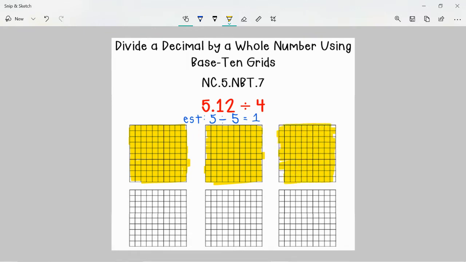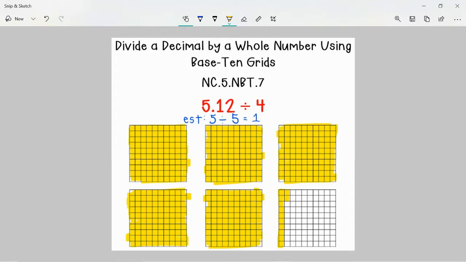So far we have 3 wholes shaded in. Now 4, 5, and then we'll get our 12 hundredths, and that can be represented with 1 tenth